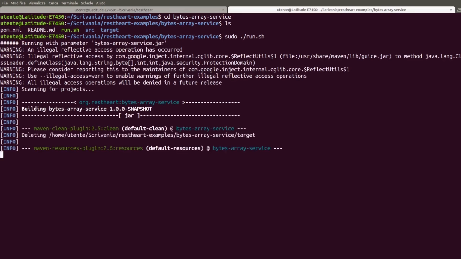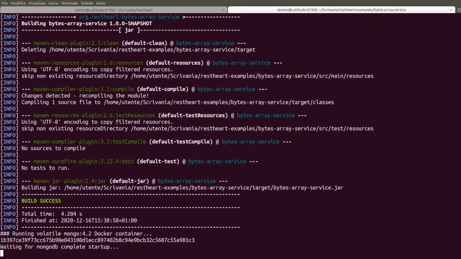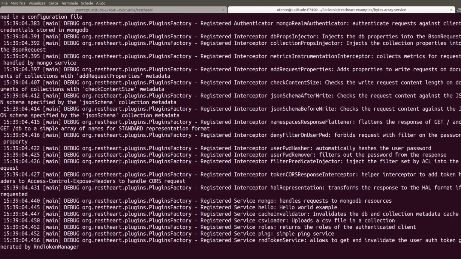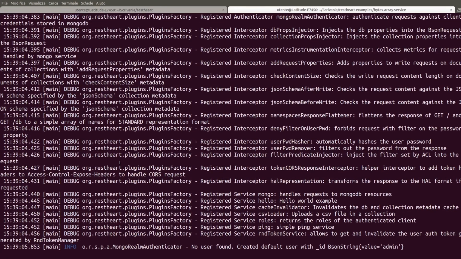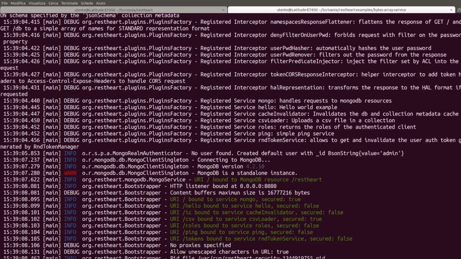We wait a few seconds while the compilation procedure takes place. Once it is finished, the container creation operation starts. Let's now look at the logs, so that we can have an idea of all the operations which have been executed.